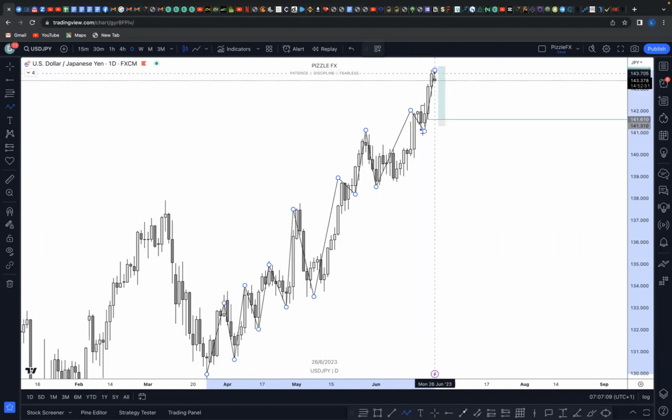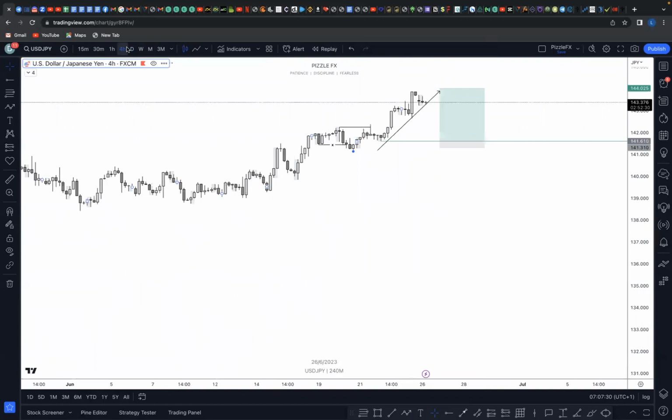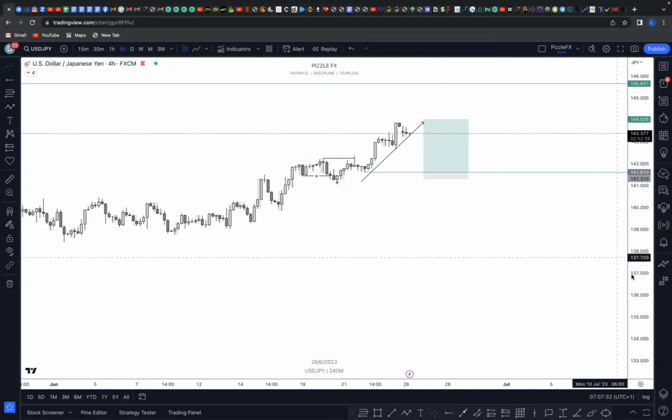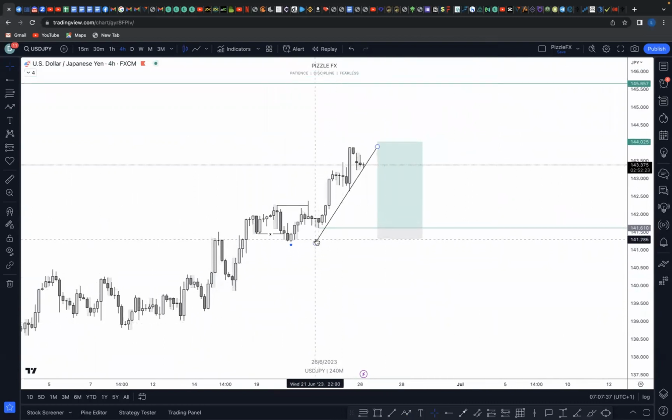Now we can focus on this last impulse leg on USD JPY. This is the daily impulse leg that broke structure to the upside. Now within the daily impulse leg, we move on to H4. We have ourselves H4 trading range. We have the low of the range, but we are yet to have the high of the range because this is where it is. So immediately this low has been taken, and then we can classify this point as our